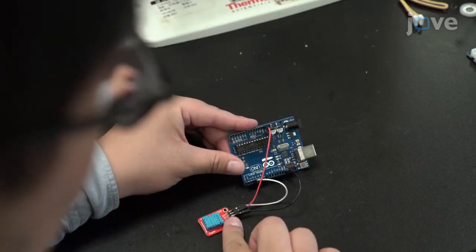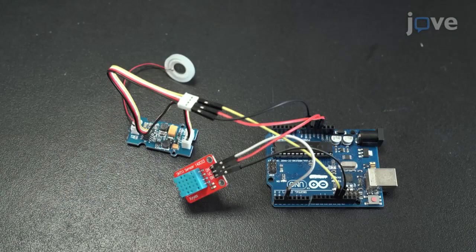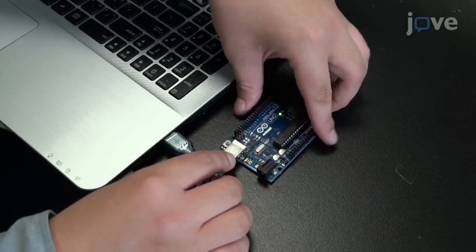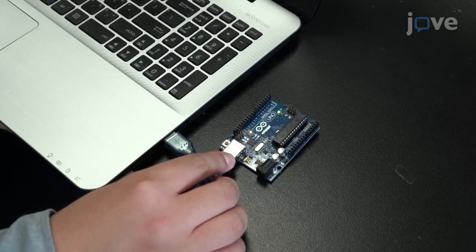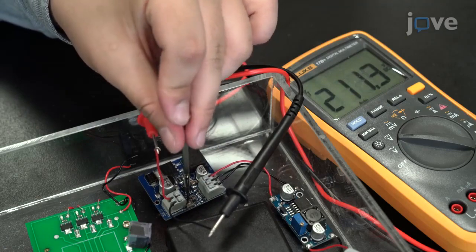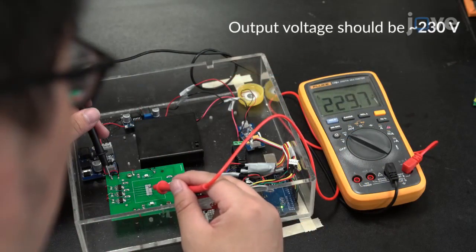Connect the humidity sensor, the ultrasonic piezo atomizer, and the atomizer driver board to the microcontroller board. Turn on the microcontroller using the provided supplementary code. Adjust the variable resistor of the high voltage board and use the digital multimeter to measure the voltage of the